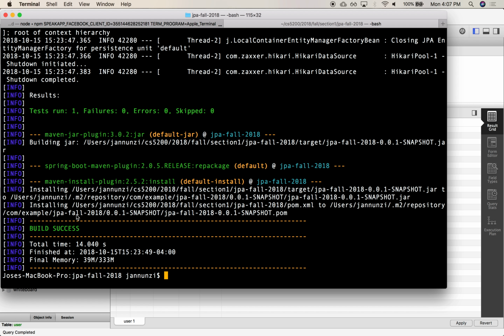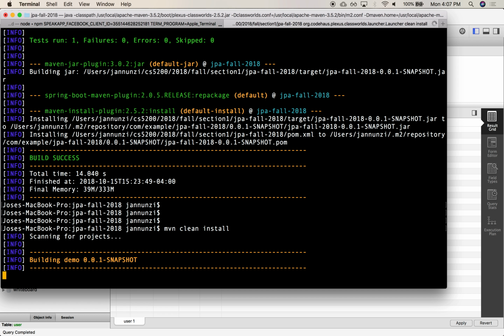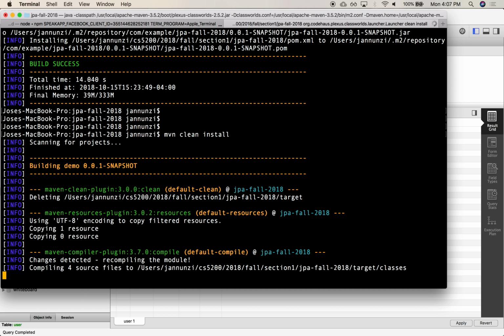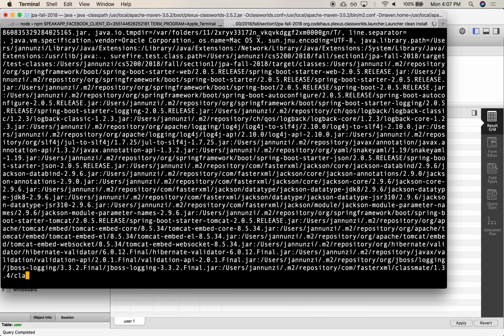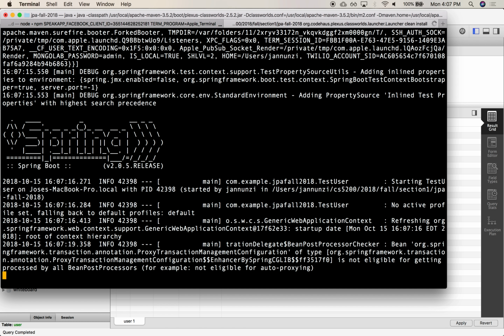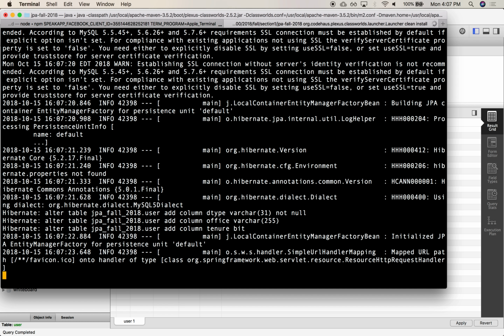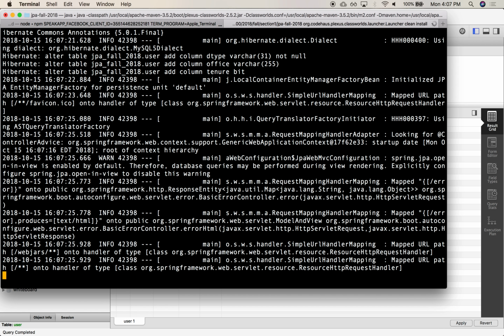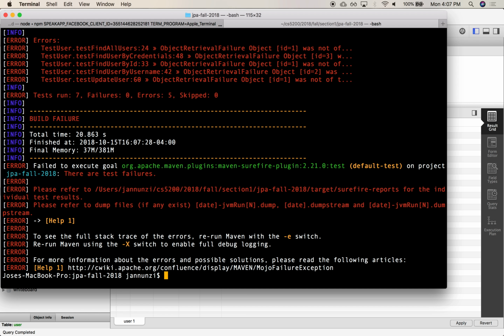Let's do a Maven clean install. So Maven clean install will do what it did earlier, right? It'll take a look at the current tables, see if it needs to modify anything in the user table. If we added a new field, if we removed a field, right? It'll update the tables accordingly. Plus, it'll identify a new class called faculty, and